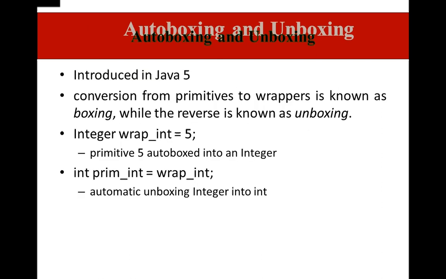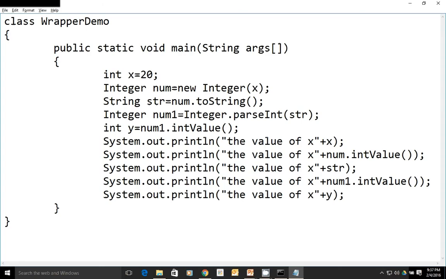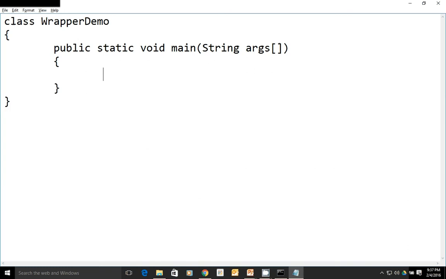Let's look at autoboxing and auto-unboxing. It's a very easy concept. Let me demonstrate that with the help of a simple example. I have an integer variable, int x, where x equal to, let's say, 20. And you can write Integer y equal to simply x.